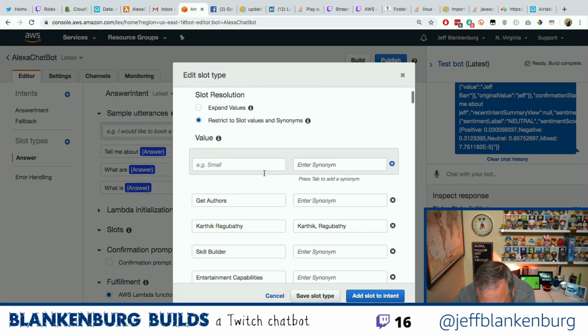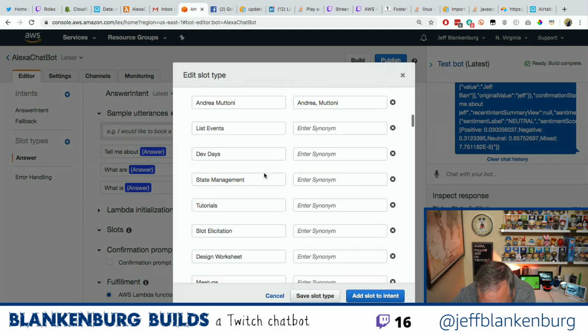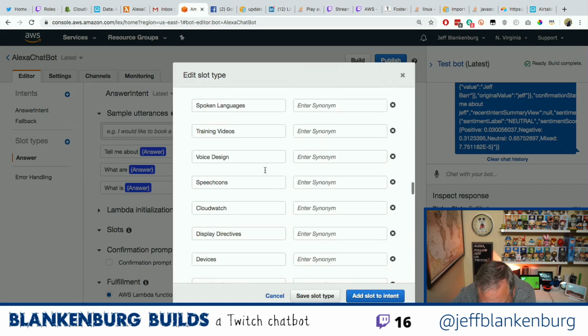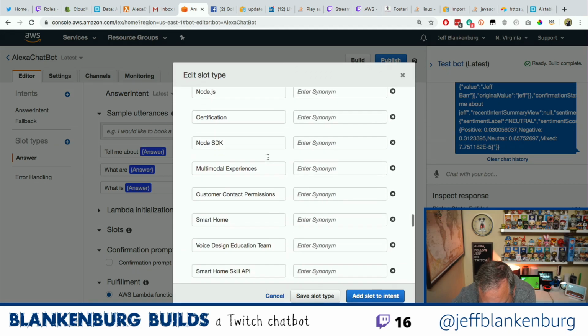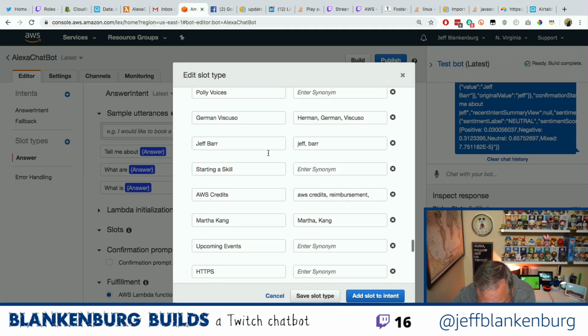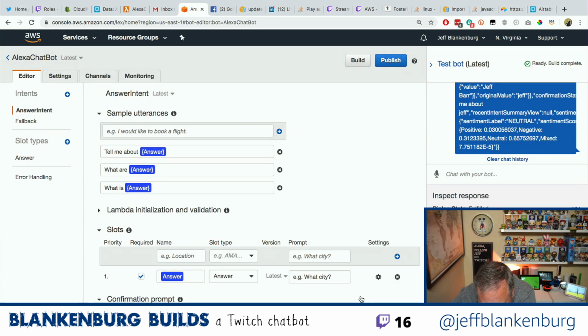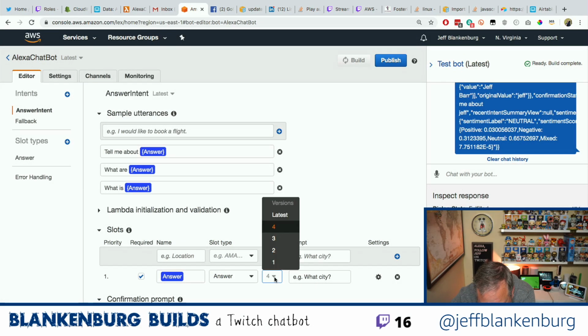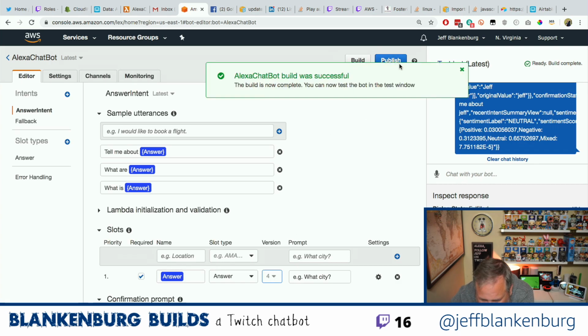So I can't search for them. This is really not an awesome interface. There's Jeff Barr. I don't honestly know what all these little latest boxes are for and what I get with that. That's something I can fight with later, like I said.